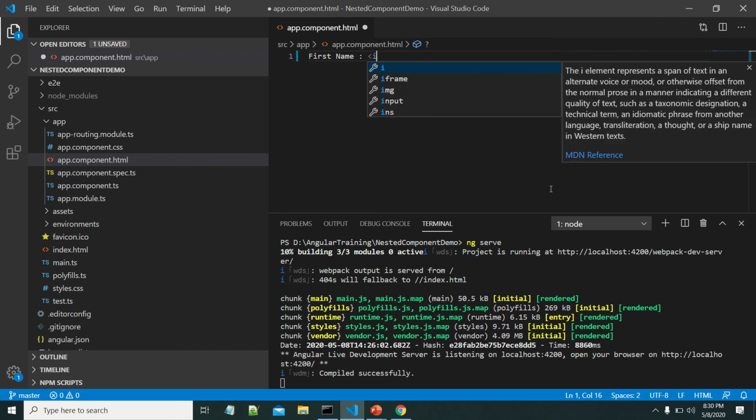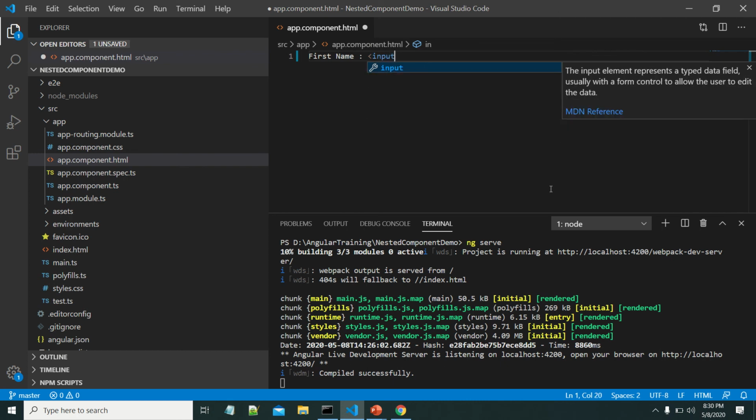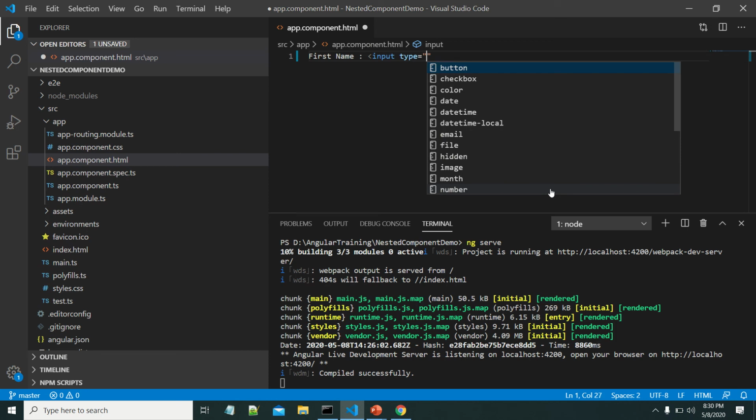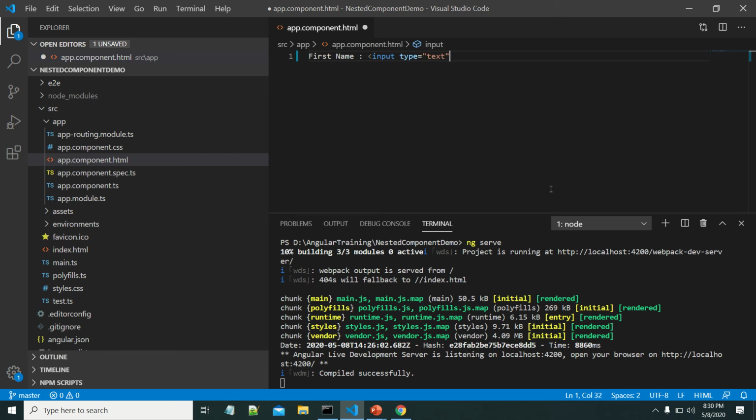First, I'm creating one input type, to add some first name, one more text box.